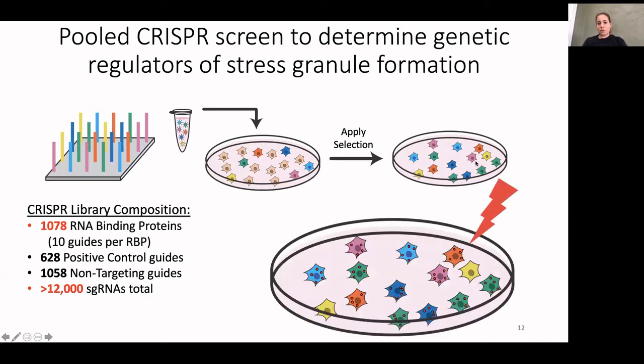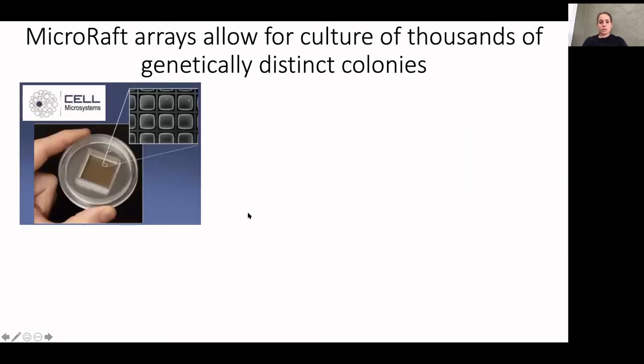And so then again, with this library, now we have a pool of cells in a dish, all of which are different. And the question that we want to be able to do is take this pool of cells, treat them with our stress, which is sodium arsenite, and look to find the rare cells in this population that do not form granules, as shown by these yellow cells here. And so the way that we chose to go about doing this was